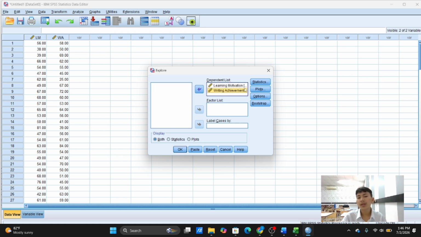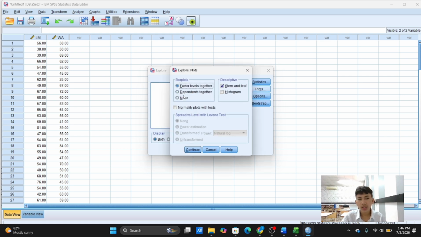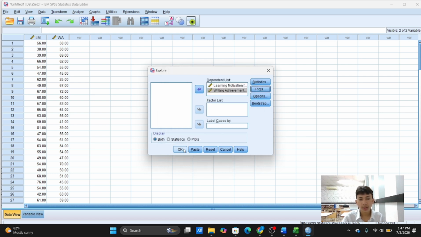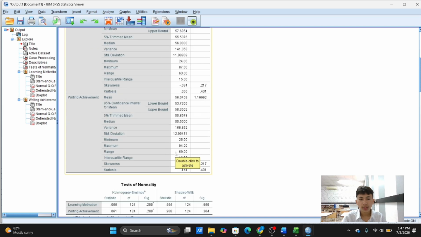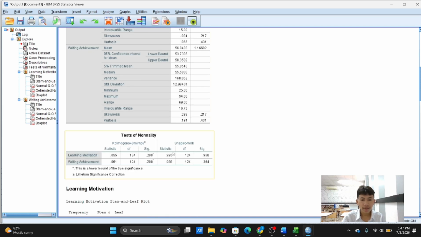After that we choose plots and click normality plots with tests. Continue and click OK. Okay, here we have the test of normality.